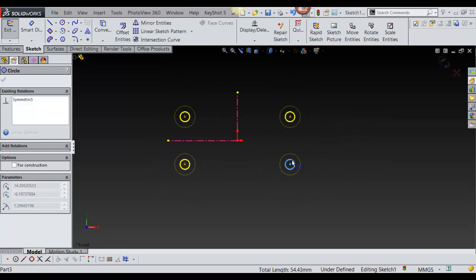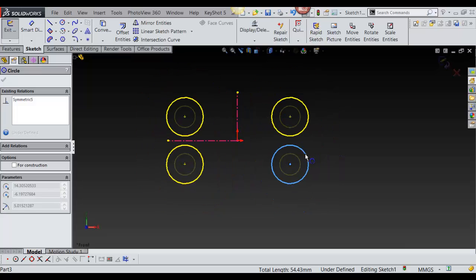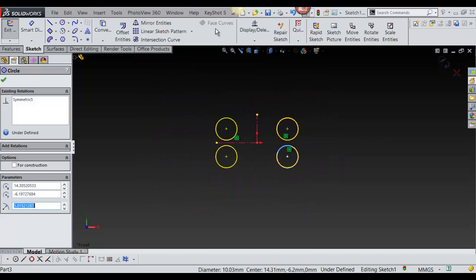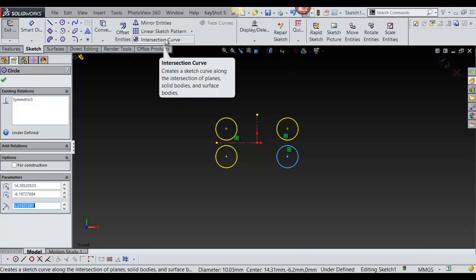And whatever happens to one will happen to the other. And these we'll go over later. This is for more feature. Mirror, linear,